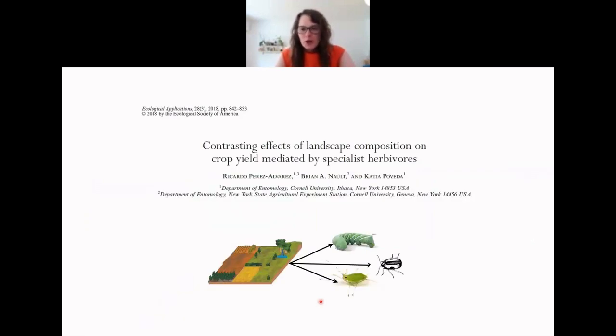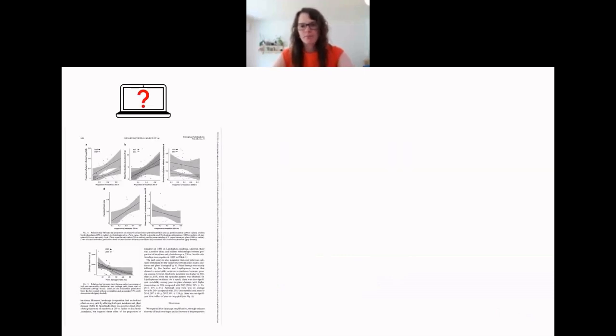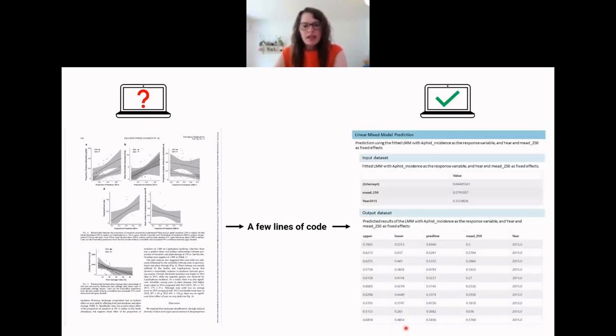So now I'm going to walk you through the process that we're developing to make the research data and information machine readable. And I'll do this by presenting a case study that uses an already published paper in Ecological Applications written by Ricardo and colleagues. And this paper looks at the effect of landscape composition on the incidence and abundance of different pest species. So I'm going to show you how we can transform a research article from a PDF that's unintelligible to machines into a highly